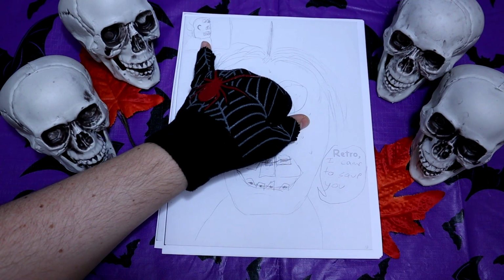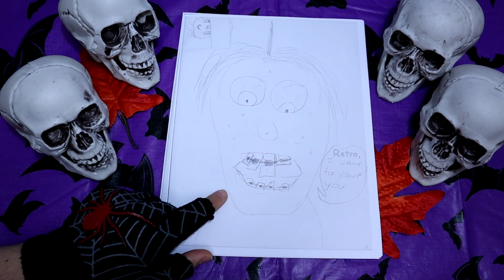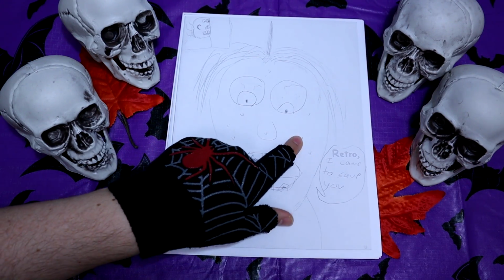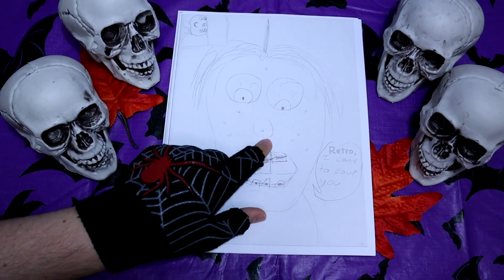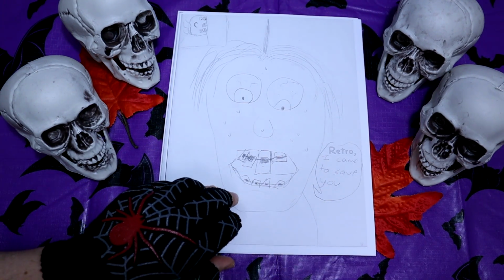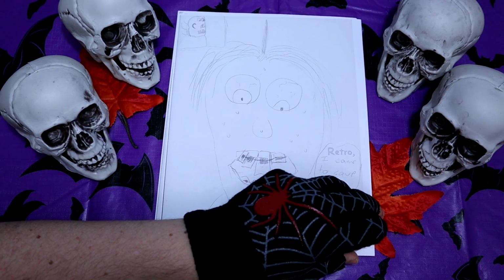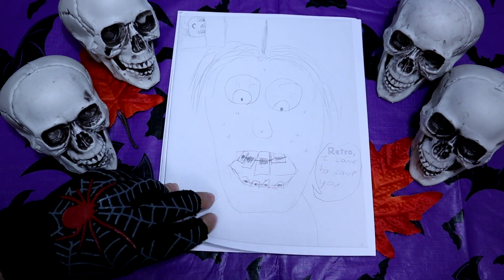So the zombie turns around like, what's bothering me now? And it's Marcus. A close up. So this is what the zombie sees, a close up of Marcus. And he's got some acne and teeth that need some work. And he says, Retro, I came to save you. So this is really the only act of bravery that Marcus has in the whole comic. It's the only thing of value that he does, really. But it was really just for comedic effect, because what happens is